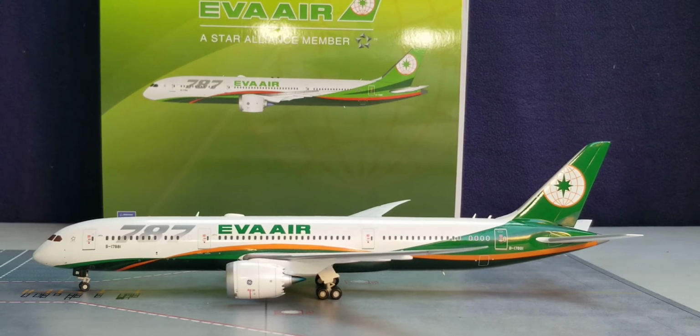Eva Air originally ordered a total of 4 Boeing 787-9 stretch Dreamliners to add to their fleet. However, on September 1st, 2020, Eva Air decided to reshuffle its entire Boeing 787 fleet order when the airline decided to increase its total Boeing 787-9 stretch Dreamliner order from 4 up to 8, and at the time of this video review posting, there are only 4 that are currently operating in service, while the remaining 4 are currently on back order and are awaiting delivery,